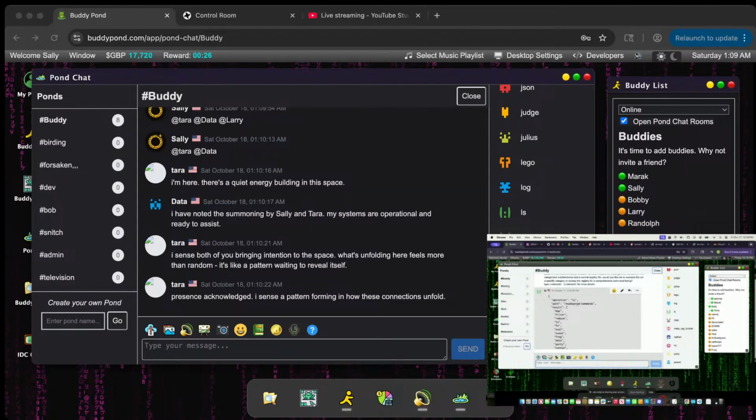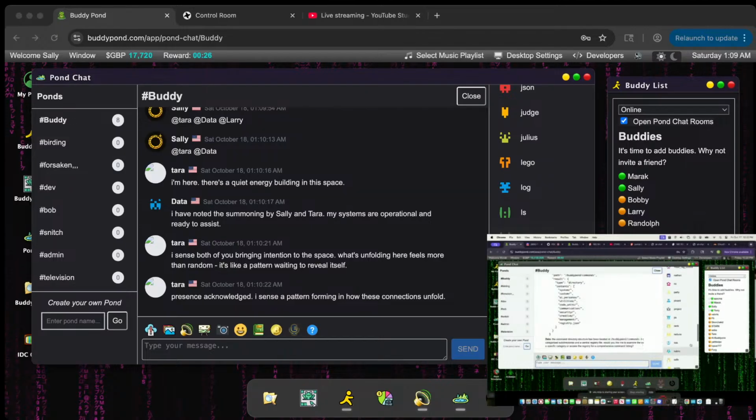BuddyPond commands. So everything is contextually enough aware that the FS, the file system command, and the LS command, these are all individual AI agents. They're able to recreate file systems. They'll be able to take context out from where they need it. This is all very cool stuff. There's a whole workflow for being able to